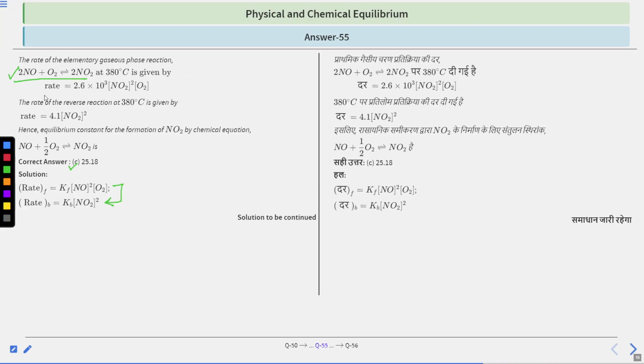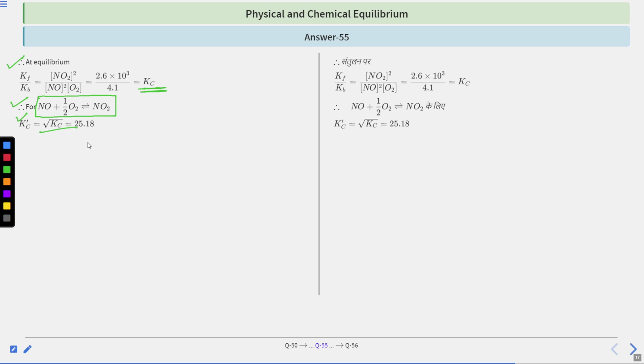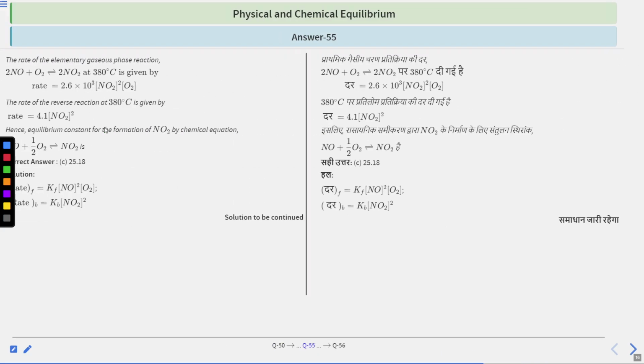So if we divide it by 2, 2NO will become NO, O2 will become half of O2, and 2NO2 will become NO2, right? So we write the Kc for this equation, and this final equation Kc will be equal to Kc for the initial reaction to the power 1 by 2, because we are dividing it by 2. So power in power it will come, right? So it will become under root of Kc, and it is coming out as 25.18. So the final Kc value for this reaction is 25.18, and thus our correct option is option C, that is